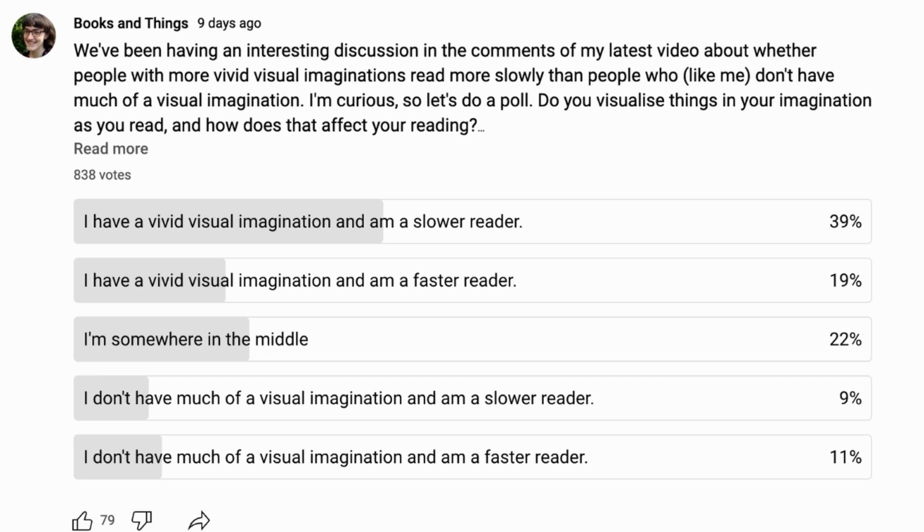Obviously, again, like I said, a very small bookish sample that doesn't tell us that much about the grand scheme of things, but I still found it fascinating. I also found the comments really, really interesting, both on this poll and from the video where I'd spoken about not having much of a visual imagination. Like the amount of people saying that when they read, they see in their mind like a film or a movie or a play or a TV show, that their visual imagination is that vivid that it's like they're watching something. I found that fascinating because I just can't imagine what it was like.